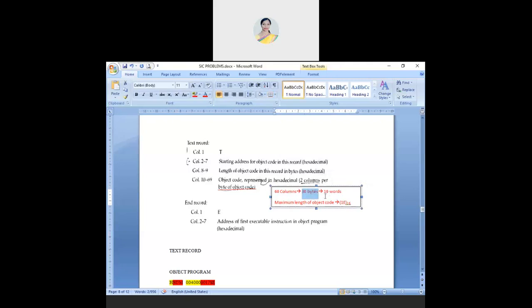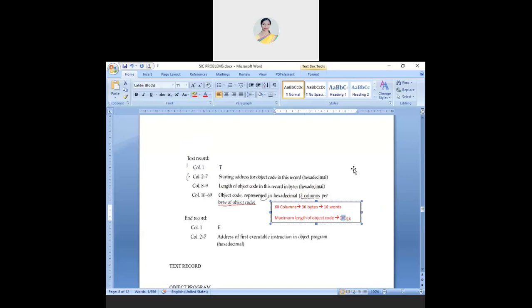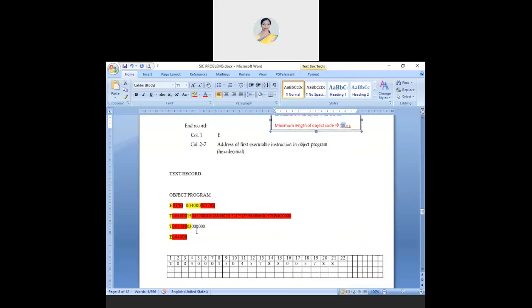So how many words? Because each word is of 3 bytes, 24 bit. So how many words can I store in that particular record? 10 words. Written in hexadecimal value, the maximum length of that particular record is 1E. You cannot exceed it; 1F is not allowed. So 0 to 1E the length could be. Once that is completed, you have to start the next record. So you have 2 ways to write different text records. One is if it is completed till the 30 bytes, continue with the next record.